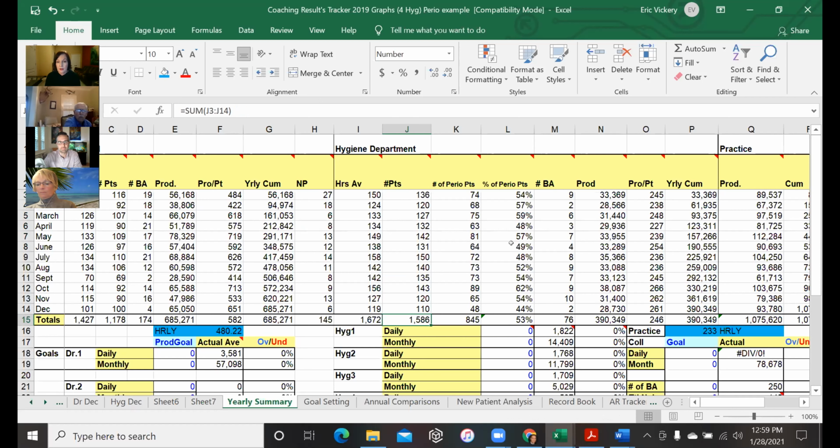Obviously, they had a lot of Perio. So if we do 2.5 visits a year, that comes down to 634 patients. I took your total number of appointments seen divided by